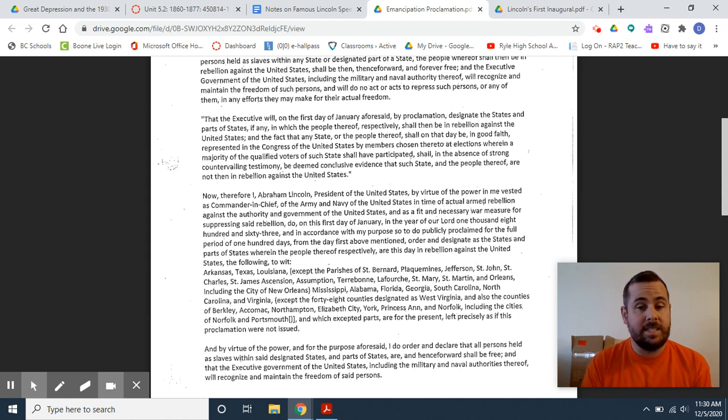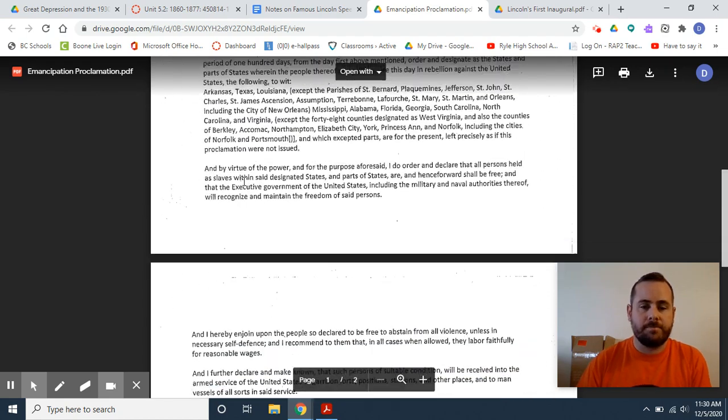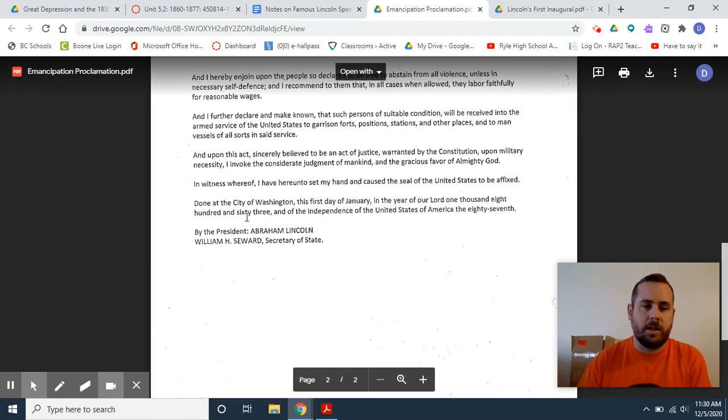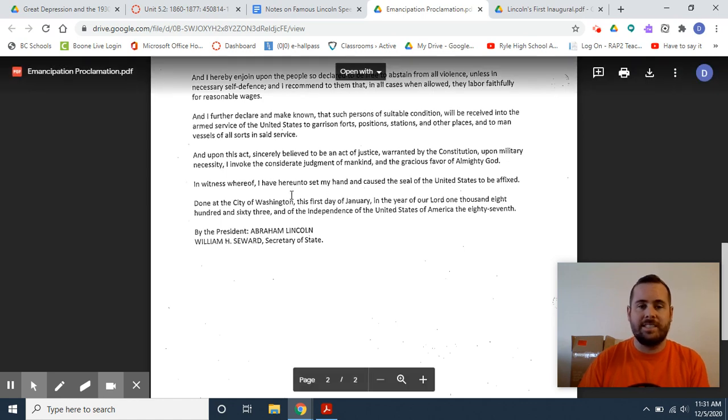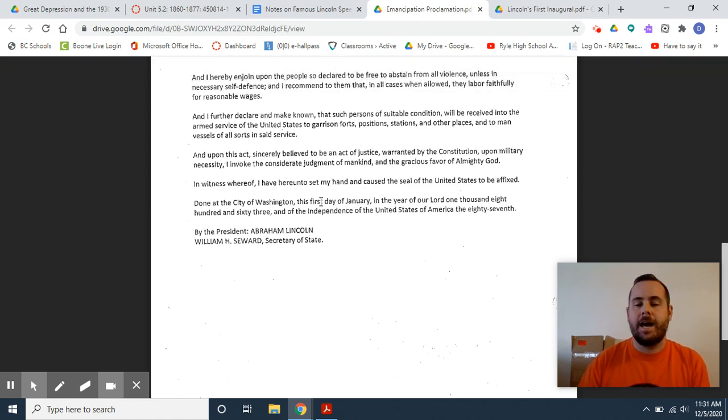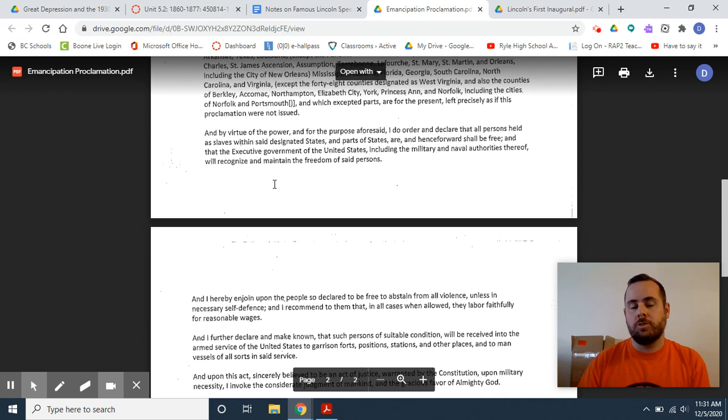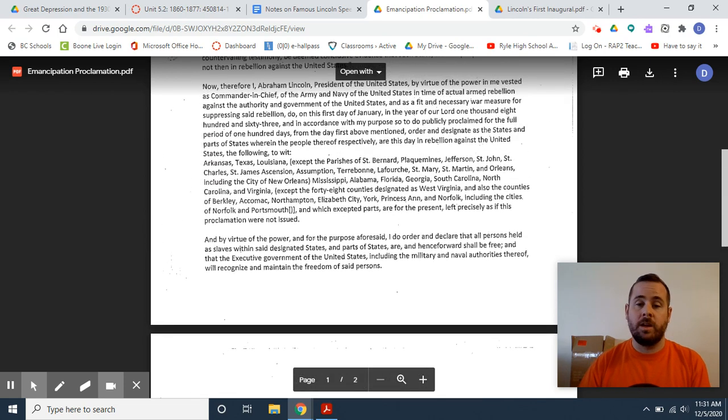At the same time, it is still giving a moral purpose to the war, and that's where the diplomatically powerful part comes in. Look who signs off on this. At the end of the proclamation, it says, by the President Abraham Lincoln and William H. Seward, Secretary of State. What the heck is that about? Why is the Secretary of State, who is dealing with foreign affairs, why is he being consulted and signing off on this? Because deep down, this is an international message to the world.